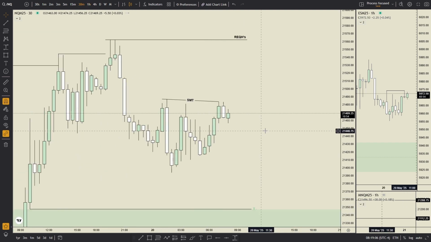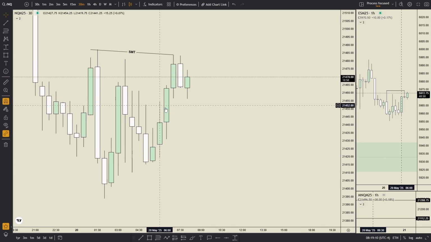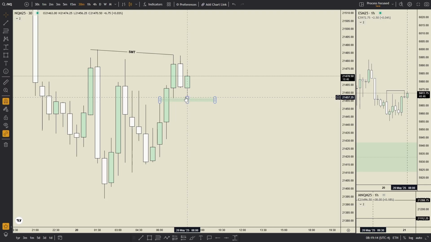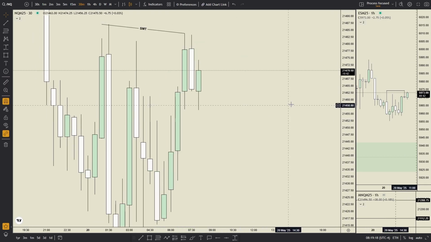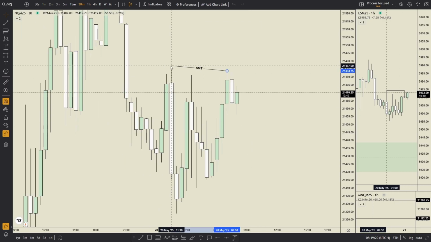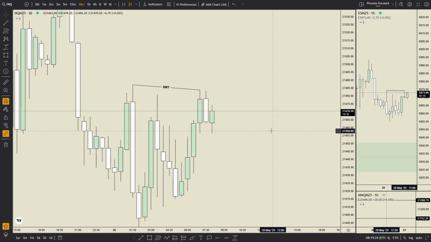Dropping down to the 30-minute time frame, looks like we've not got many fair value gaps in our way. We have this small fair value gap right here, but we have already tapped into this. So I do believe that we will just fall straight through this as market opens. I tend to get my bias a good hour before market open, so I've got a good understanding, and I can feel confident coming into the day that I know where my drawn